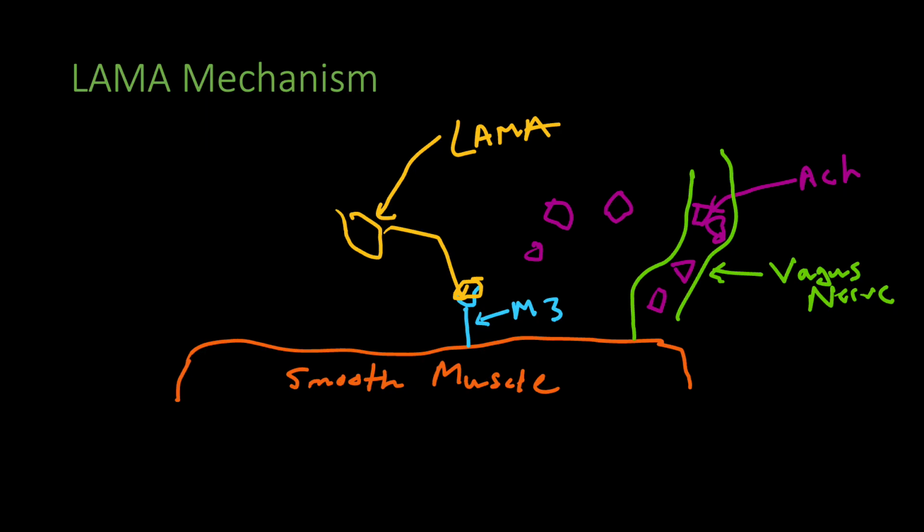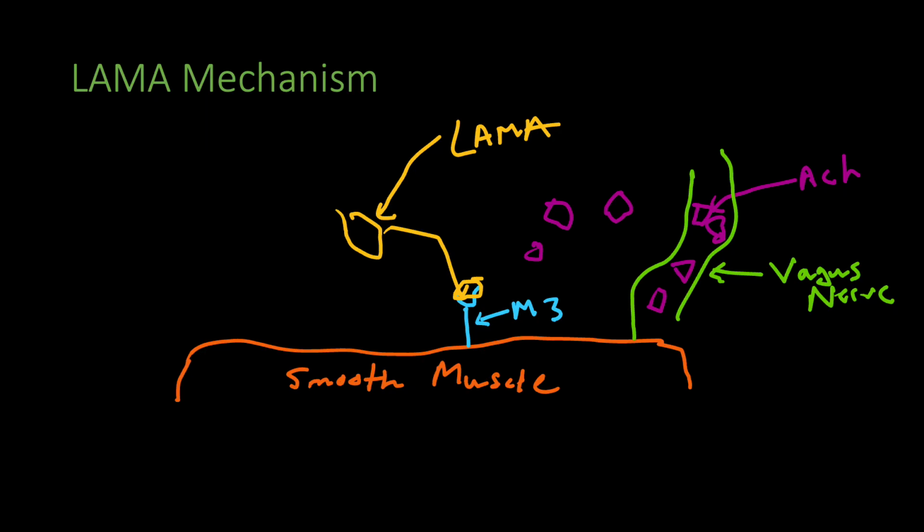This is a muscarinic receptor, and we're dealing more with the nervous system here. You would see acetylcholine being produced by the vagus nerve, and then it's released, and when acetylcholine is released, it tries to bind to the M3